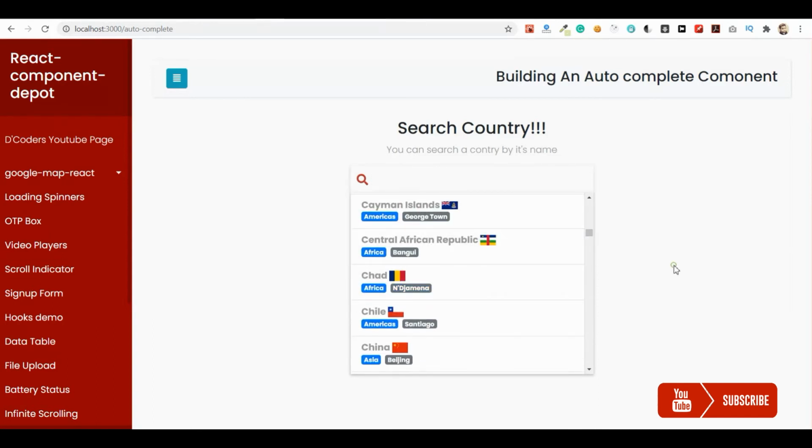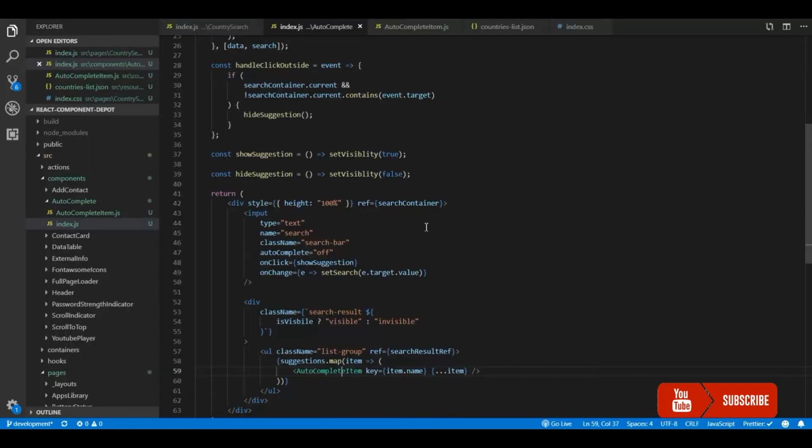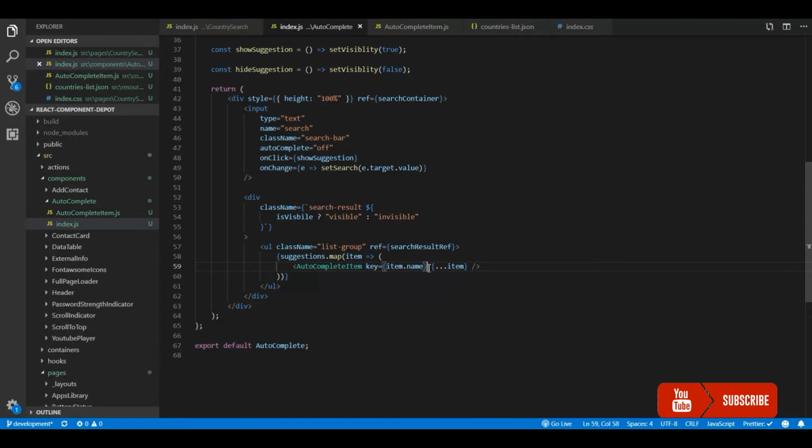Now when we click on that, we need to select that particular item, and we'll also have keyboard navigation. So for this I will first add functionality to select an item. Whenever a user clicks on that particular item, it should be selected. Whenever an item is selected, I'm going to hide the dropdown container, and also set the search value to the value that the user chose.